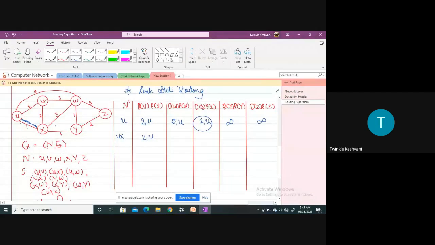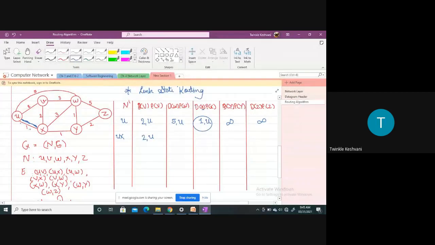You cannot see the blue line here, right? Because V has not been put into the N dash queue yet. So the path does not exist between V and X. So here the only paths that exist are U to W and U, X and W. So I can go through this route, that is U, X and W, right?